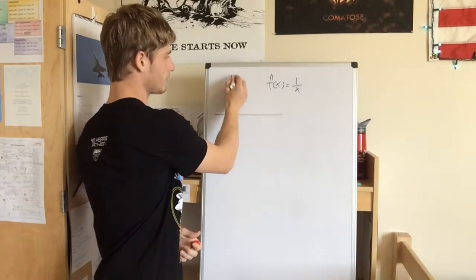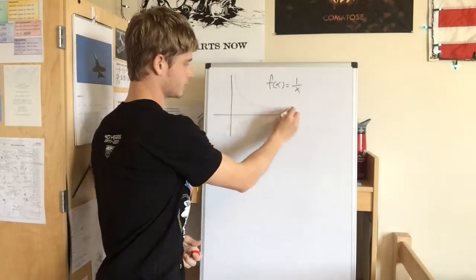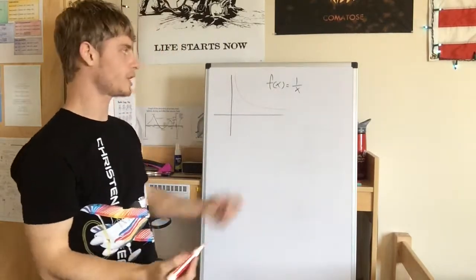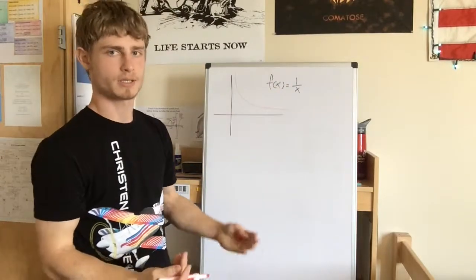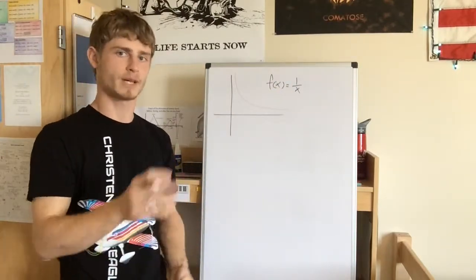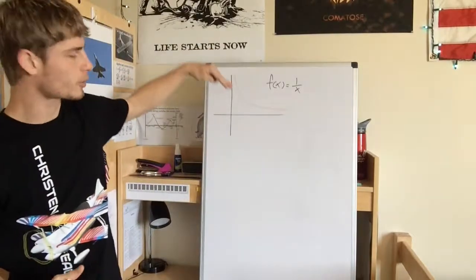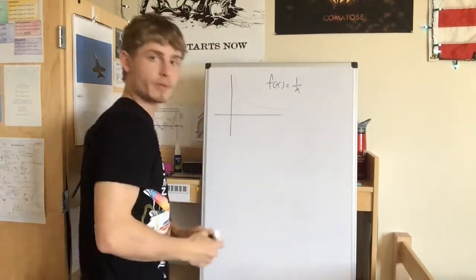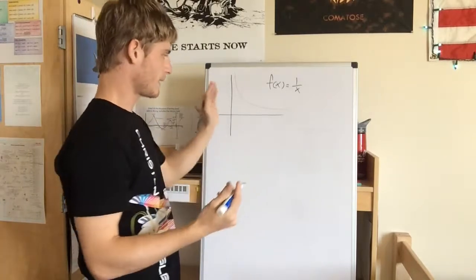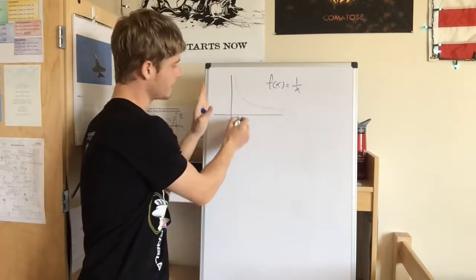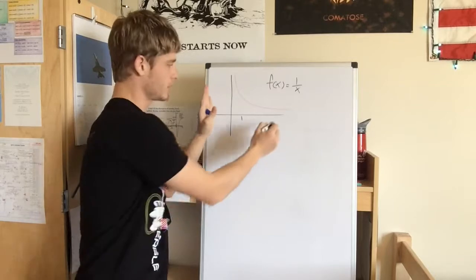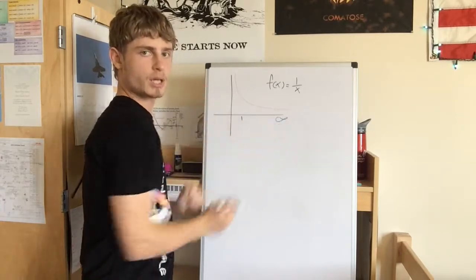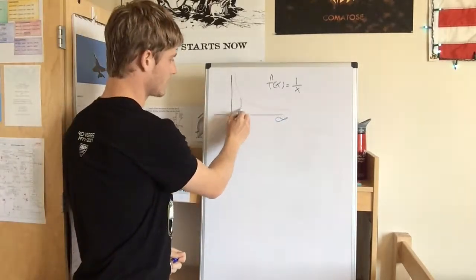Now, that graph looks something like that. And we know that, well, if 1 is divided by 1, it's going to be 1. If 1 is divided by 2, we're going to have 1/2. So we're getting a progressively smaller number. Now, here's what we're going to do. We're going to evaluate the area under this curve, and we're going to evaluate that from 1 to infinity. So we want to find how much space